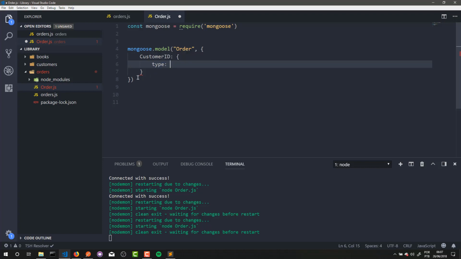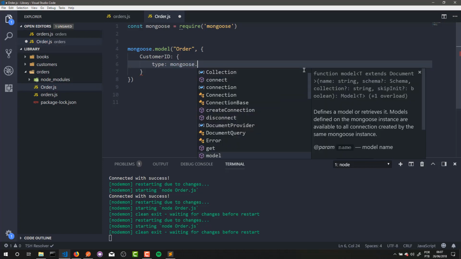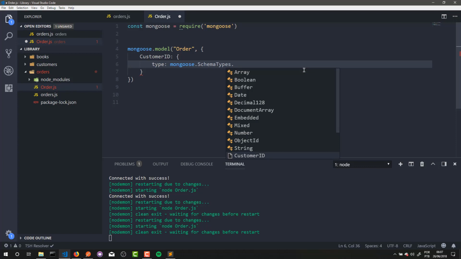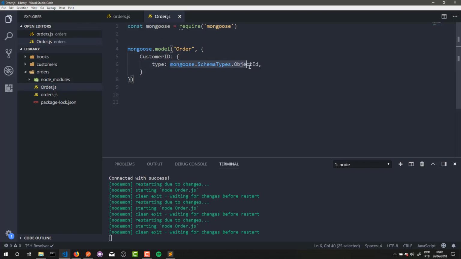So if you want to store a customer ID, we need to set the type of this field to a MongoDB ID. And to do that, we need to call mongoose.SchemaTypes.ObjectId. So this type of field is special to hold MongoDB IDs. It will be required,